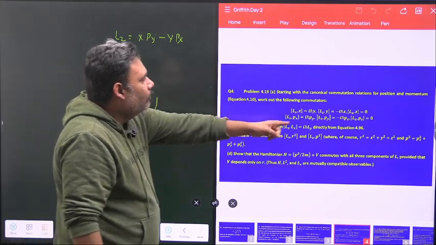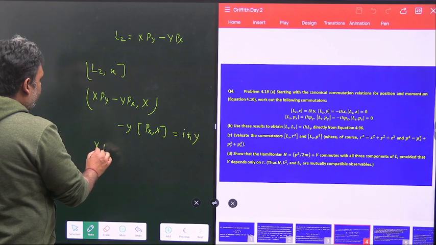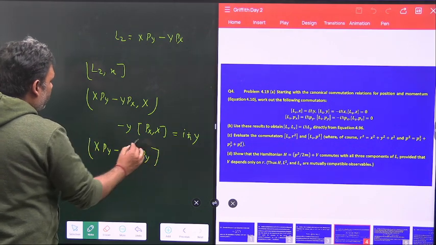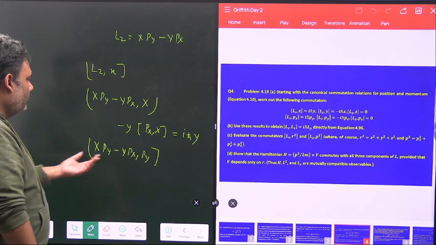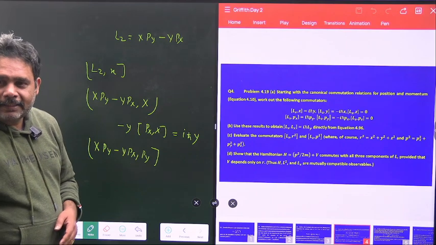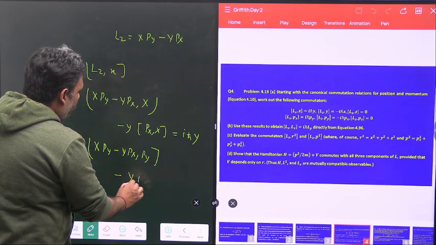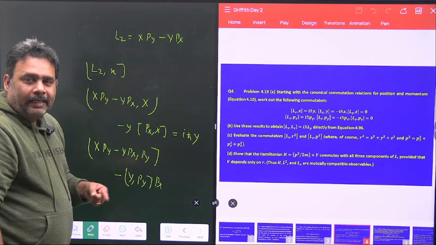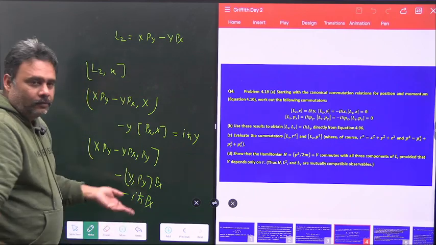Clear है ये? Let us try to go for LZ py. LZ py. So what is LZ py? x py minus y px and py. So which is going to survive there? Again, second one is going to survive there. All other will be 0 because they are not canonically variable, है ना? x px ही बचेगा, y py बचेगा, बाकी सारे चीज क्या हो जाएंगे? That will be 0. So what do you have? Minus y py, and here we have px. y py is what? i h cut. So that value is minus i h cut px. So this will be there.